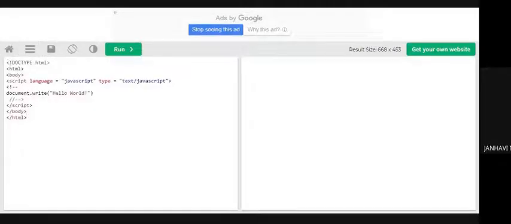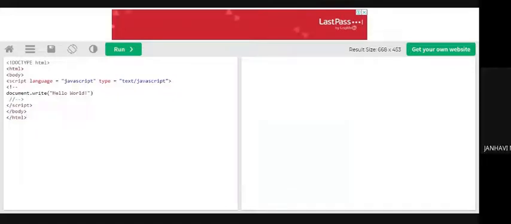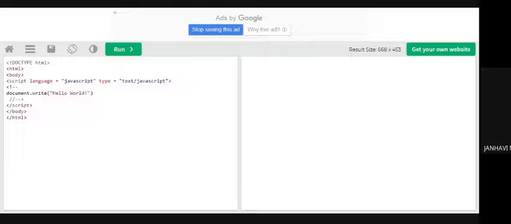Document, HTML, body, script language equal to JavaScript. Yes, one more important thing is your script. Now there are two properties. It is not required that we write both of them, but usually, when web developers code, they write two properties. One property is the language.